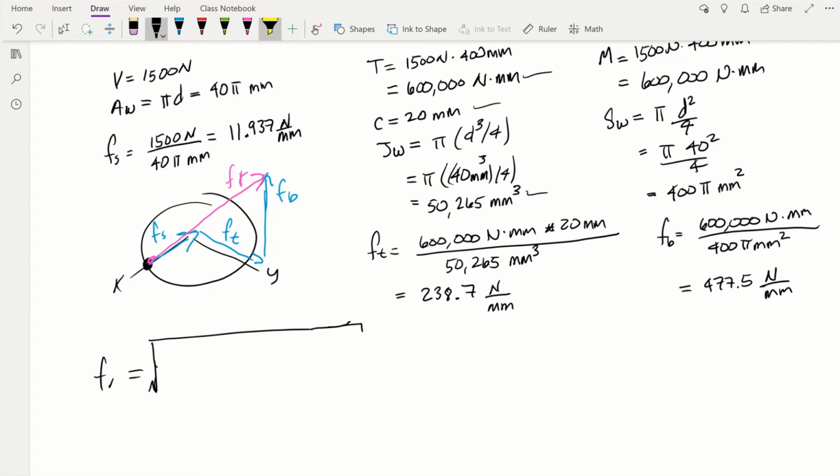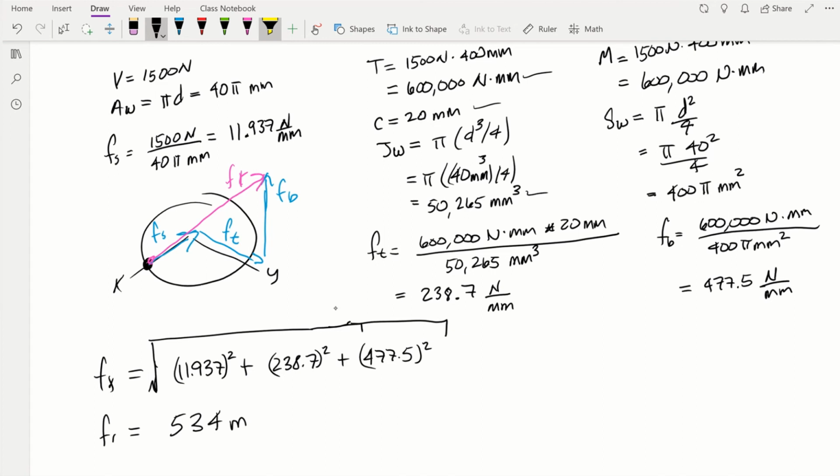So we have Fs, which is 11.937. We're gonna go ahead and square it. Plus, along the Y, we have 238.7 squared. And then along the Z, we have 477.5 squared. And this is going to give us our resultant. So we type this in the calculator. I end up getting 533.9. So I'm just going to say 534